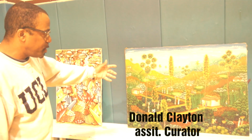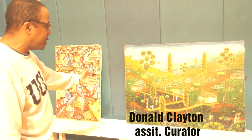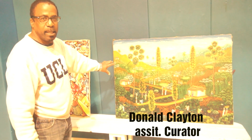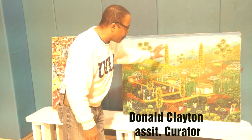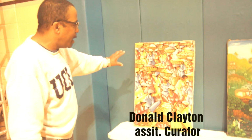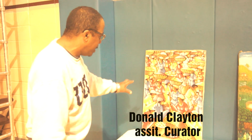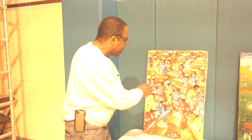depicting the lush island of Haiti, and so we see the lush park. But this is a typical Haitian painting: mountains, floral, roads, and again a Haitian marketplace. Again, the painting depicts the exchange that goes on with the Haitian people in terms of the commerce of the